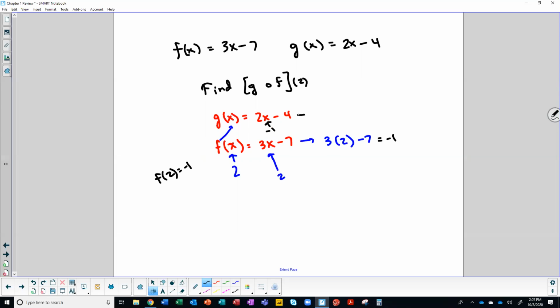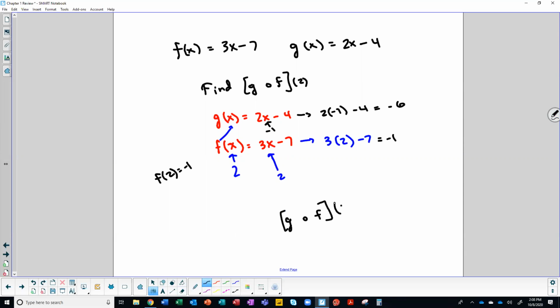And so this would then turn into 2 times negative 1 minus 4. 2 times negative 1 is negative 2. Subtract 4 more. Negative 6. And so g of f of 2,